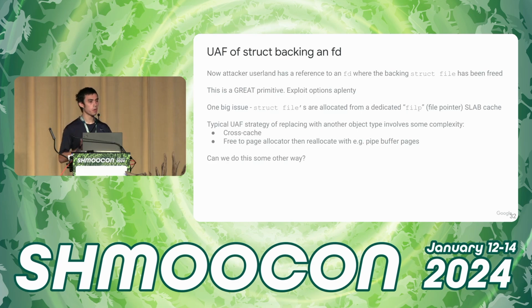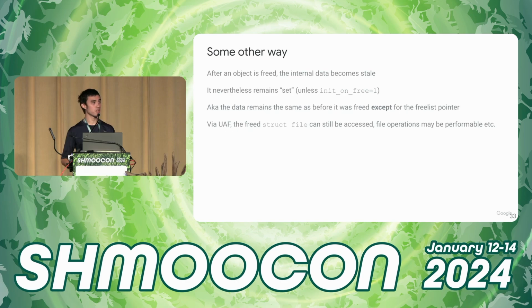There are some reasons to hope that some of these techniques might go away soon. There's been some mitigation added into play in some upstream canonical branches that are trying to resolve this issue. My colleague Jann Horn's research has also gone into trying to solve this issue and prevent cross-cache attacks. So I was interested to see, looking at the future, is there some other way to exploit this bug that doesn't involve cross-cache exploitation? The answer is yes, there is some other way. Let's discuss this some other way.